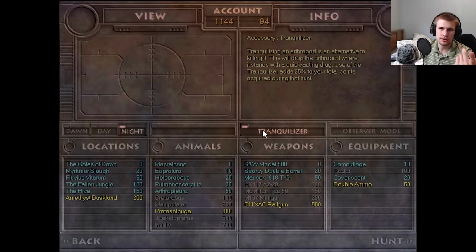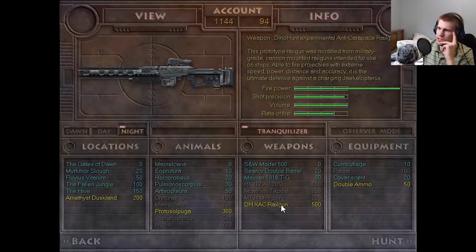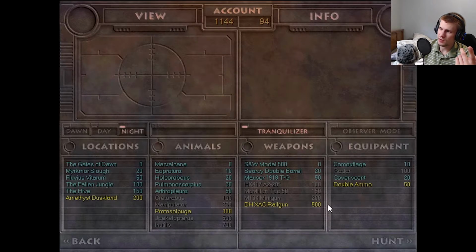I think we will take Tranks just to help get our point bonus up, and then see if we can work towards the Nautilus next. I'm not sure where I'd like to go taking on the Nautilus, to be honest. I need at least 1,200 points for them, though, because the 500 and the 700... Let me do the math. 500, 700, 1,200...